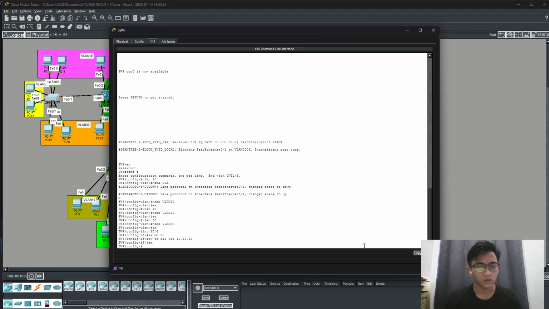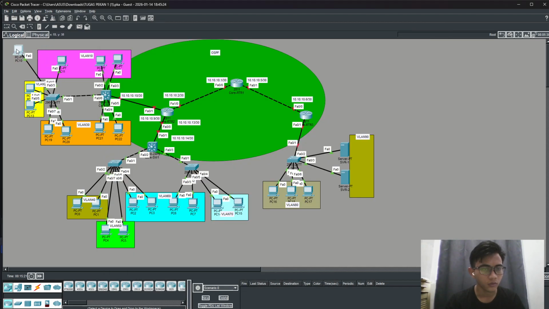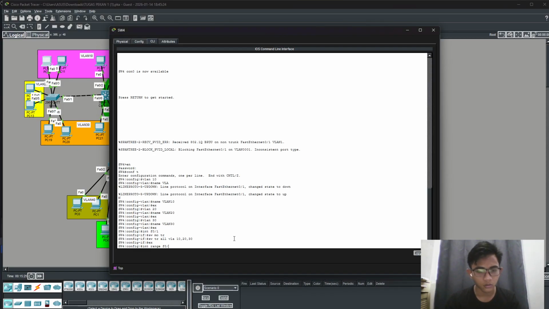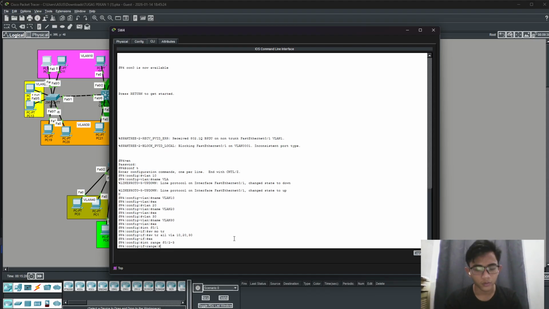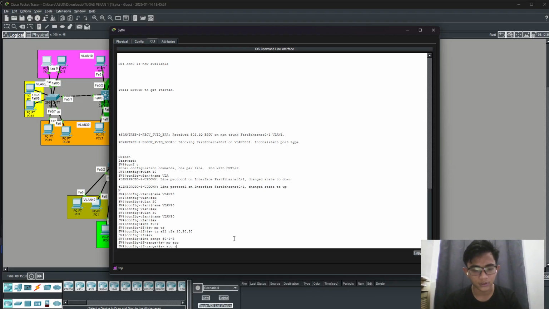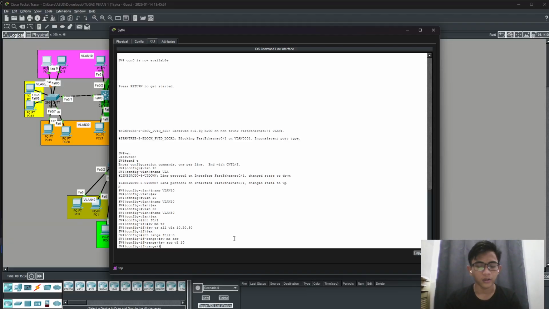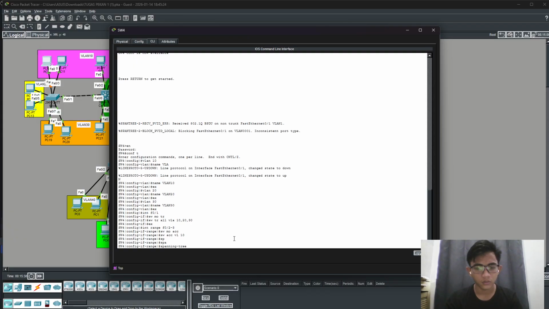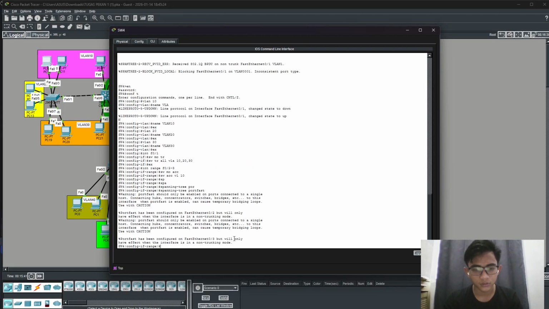Exit. So now to the end devices, interface range F0/2 until 3. First is switchport mode access, switchport access VLAN 10, and spanning-tree portfast.